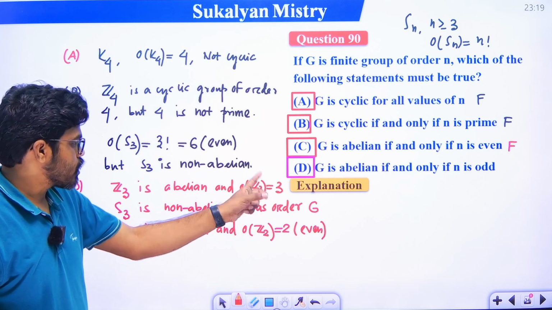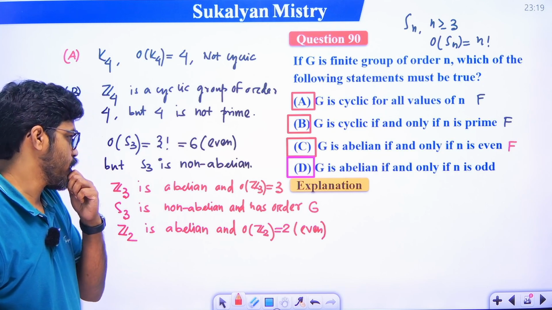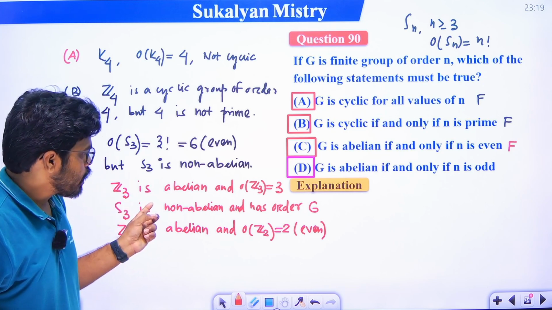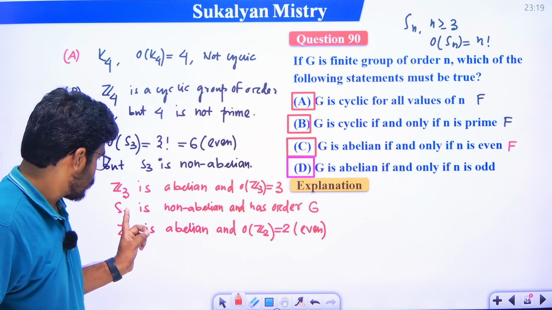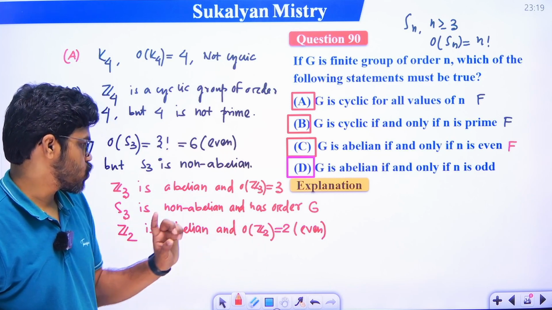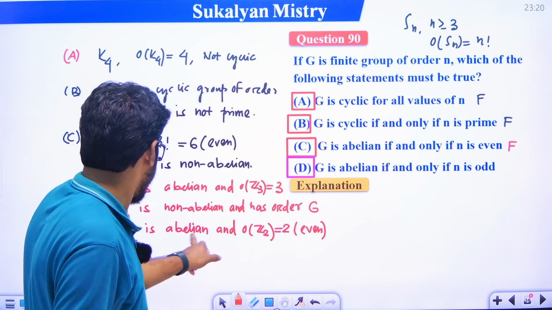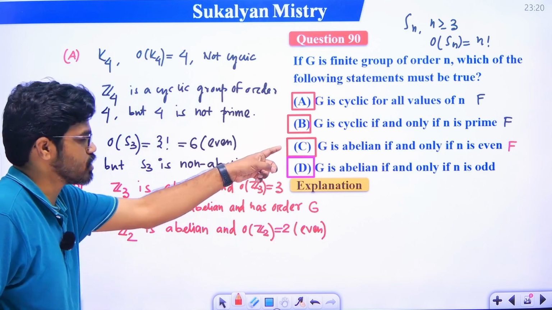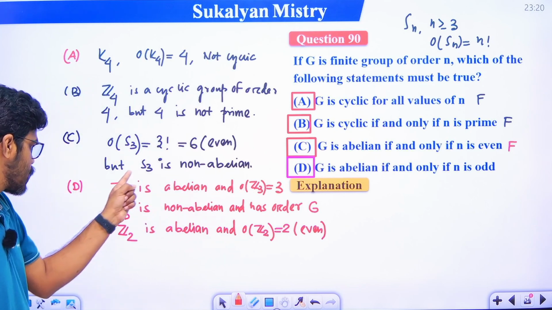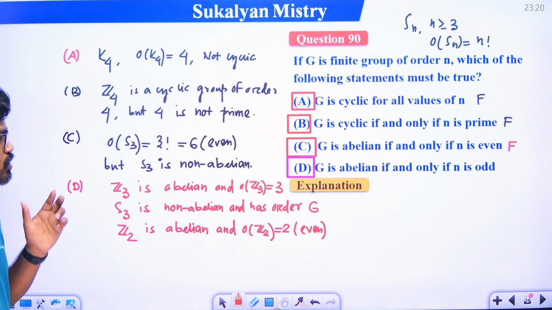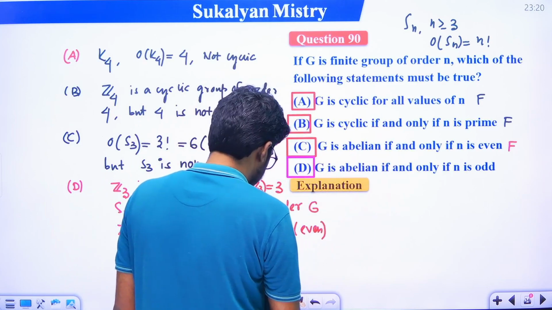সো যদি অর্ডারটা অড হয় তাহলে গ্রুপটা কি হচ্ছে, অ্যাবিলিয়ান হচ্ছে। ওকে, S3 is non-abelian, has order 6, তাহলে ইভেন হলে non-abelian। Z2 is abelian, order of Z2 is 2, that is even, তাহলে ইভেন হলে অ্যাবিলিয়ানও হচ্ছে। দেখো, ইভেন হলে একবার অ্যাবিলিয়ান, ইভেন হলে একবার নন অ্যাবিলিয়ান, সো অপশন সি ইজ ফলস। কিন্তু আমি যদি অর্ডারটা অড কনসিডার করি তাহলে সেটা অবশ্যই অ্যাবিলিয়ান হচ্ছে। ঠিক আছে, সো অপশন ডি ইজ দ্য কারেক্ট অ্যান্সার।